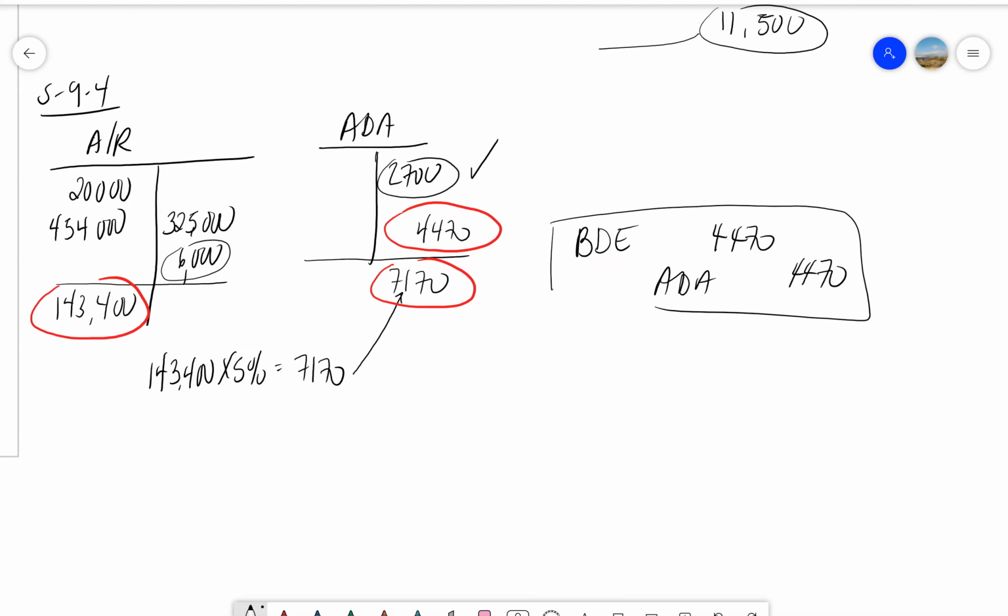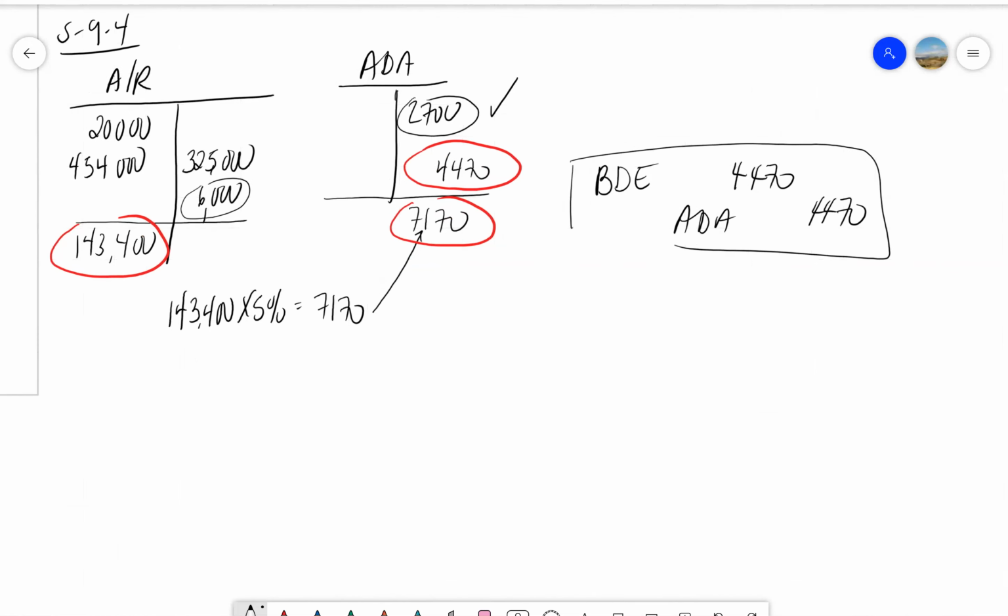So that would be the adjusting journal entry for part one of the question. Now, part two of the question basically looks at the same thing, except in part two, we have a different opening balance, or a different balance in our ADA account. So let me just get this cleaned up. So in part two,